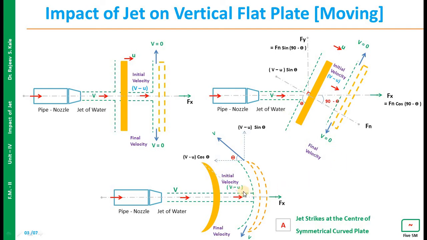In previous cases, the impact of the jet is because of only the velocity of the jet of water. In this case, there is a reduction in the impact because of the moving of the plate. So in a fixed plate, work done is not there as the plate is fixed. In the case of a moving plate, this much is the displacement, or you can say work done by the impact of the jet. So one can estimate Fx into displacement, you can estimate the work done.